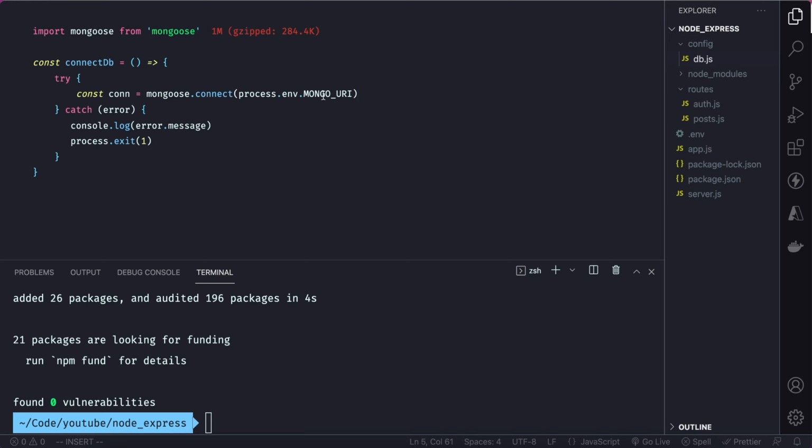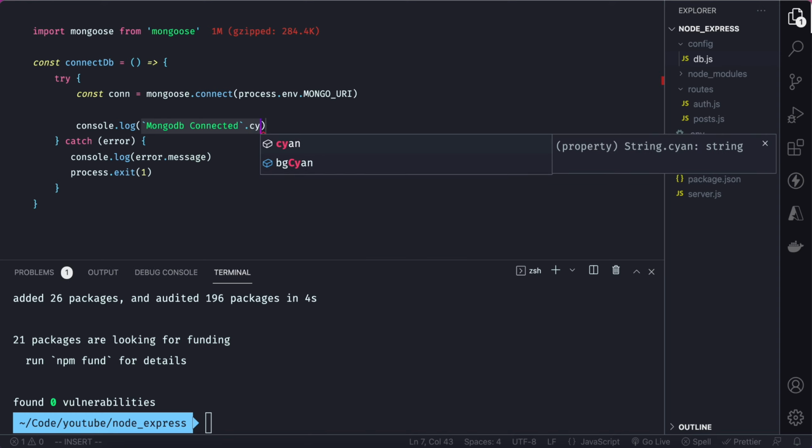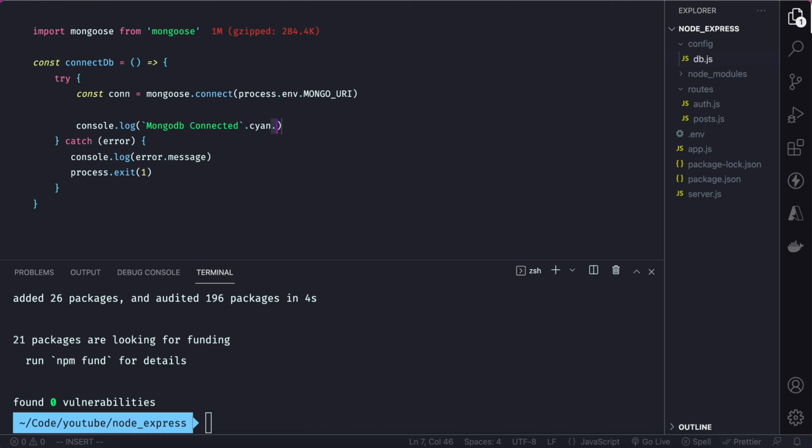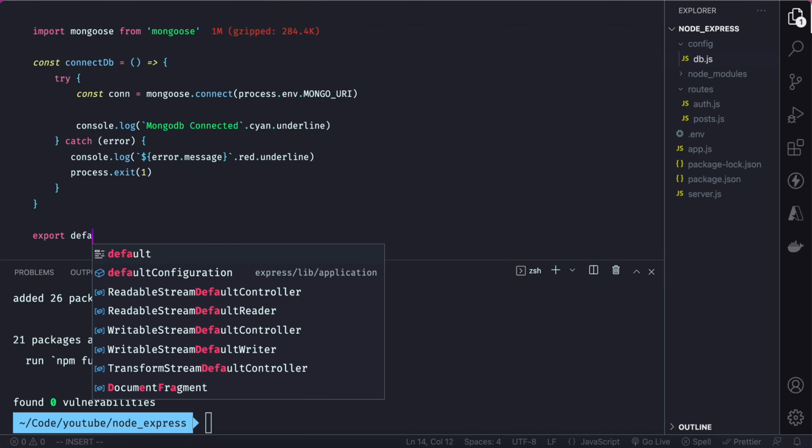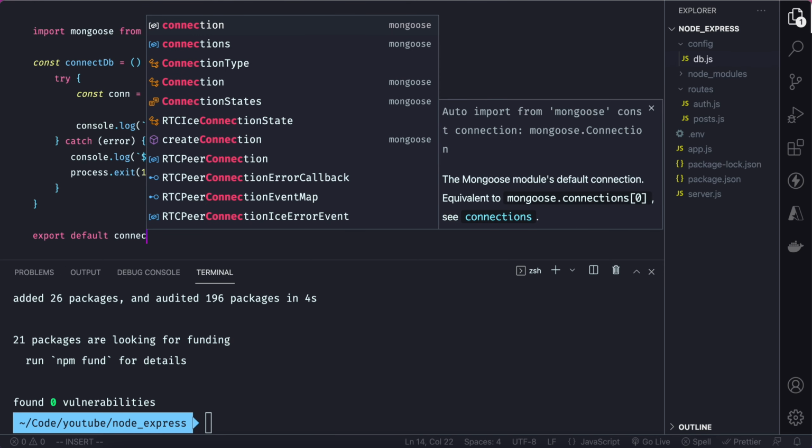So I have added it in here, and then if it is fine, I console log "MongoDB connected". Okay, and then we'll make it cyan.underline. So in here I'll add something like this, .red, okay, so that it will be noticeable. If you want to utilize this module in another file, right, we have to export this module first. Export default connectDB,